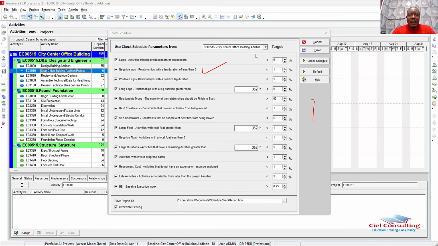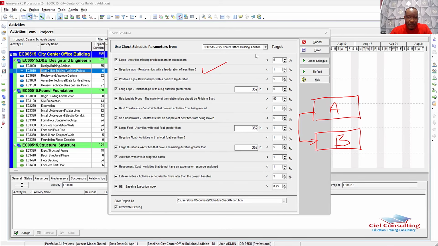Let's assume you have two activities. This is activity A, and then you have another activity, which is activity B. And you have determined that each of these activities will last for 5 days. If you create a start-to-start relationship between these activities, it means that these activities will be linked in this manner. So when you create a start-to-start relationship between two activities, automatically, it is assumed that the activities will start